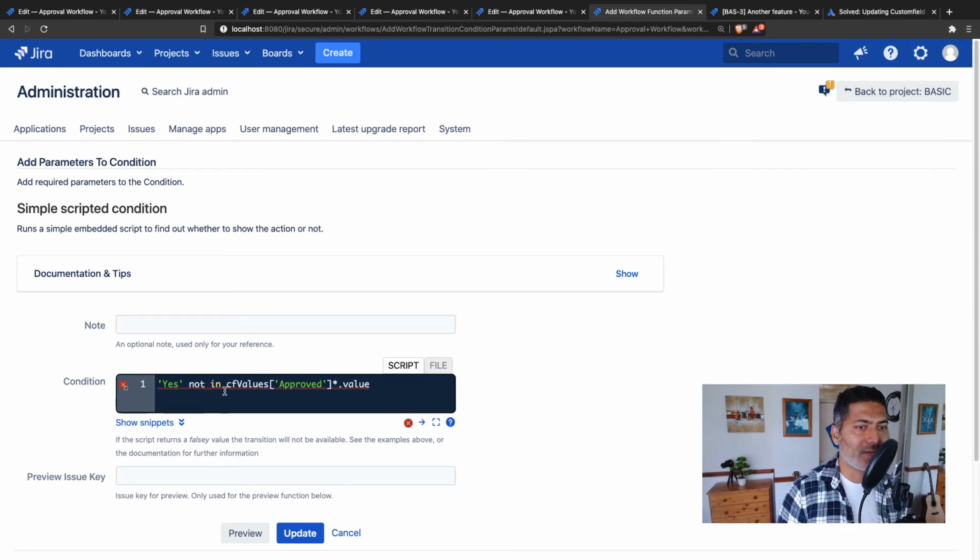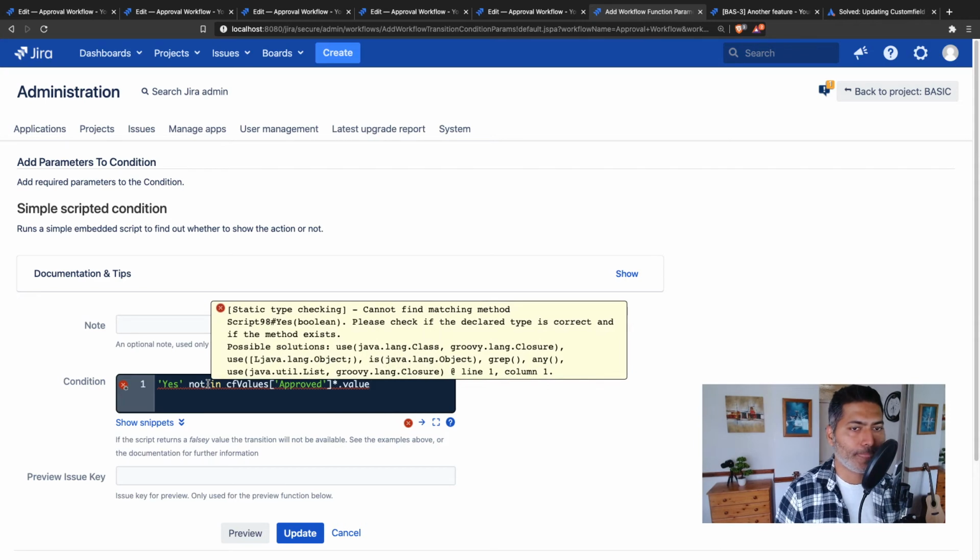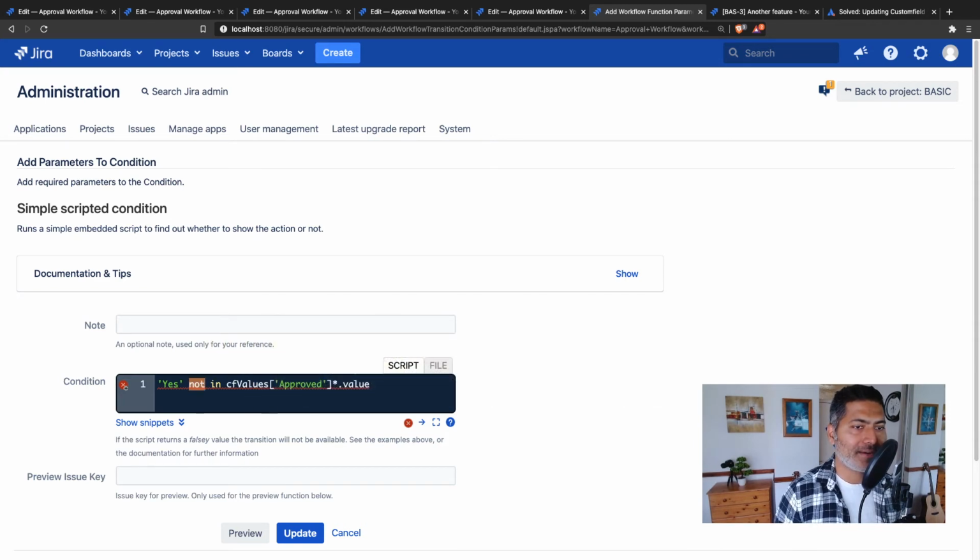It won't really work because this is not really a valid thing to do, but maybe you can change it to no, and maybe we can have two values in the field. Maybe you can have yes and no. So this is something that you can do here. So if you change it to no, basically not really yes,